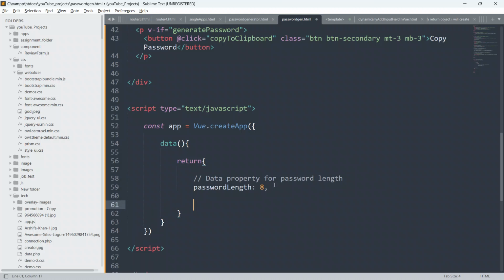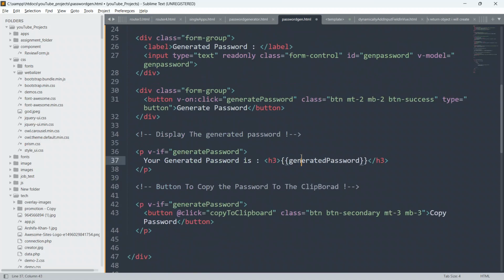Now I'll copy this generatedPassword from here.